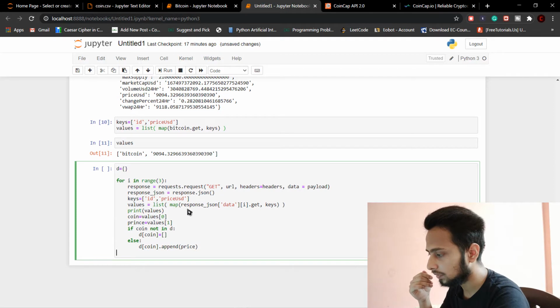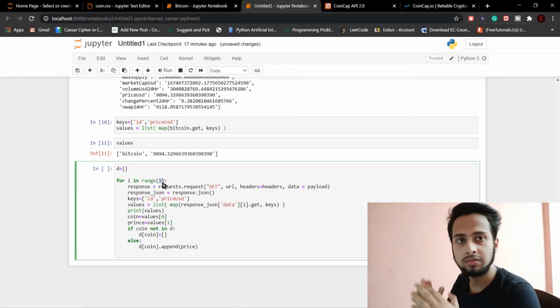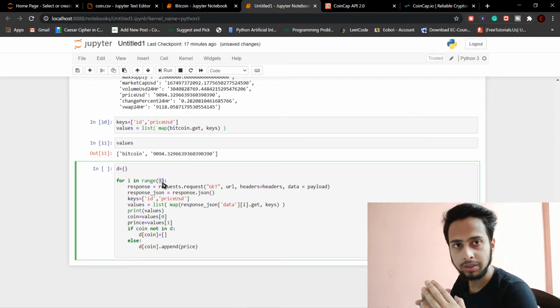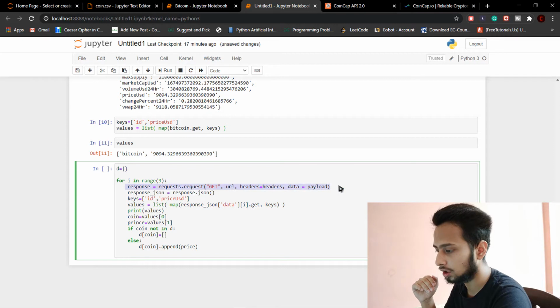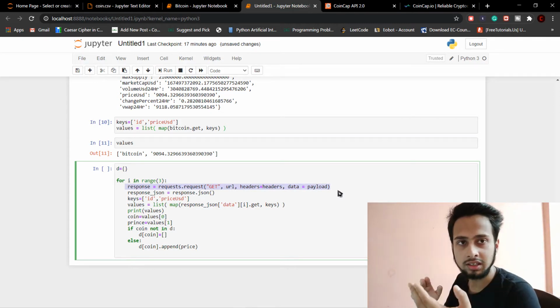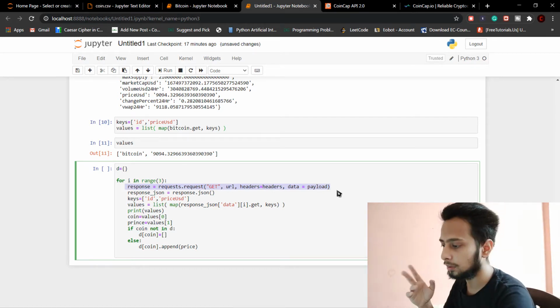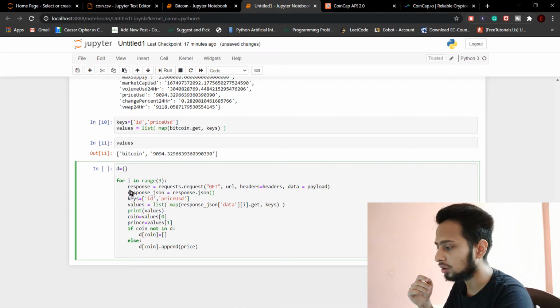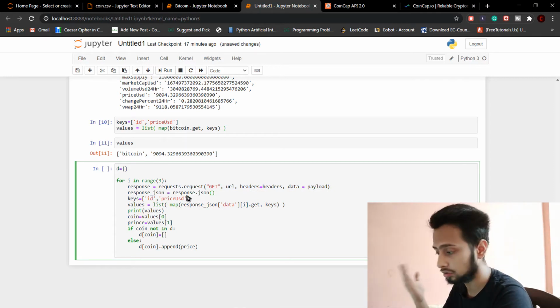So here is the code, and here what we are going to do is for i in range 3. And 3 means we are going to take the top 3 coins, like 0, 1 and 2. This is basically going to index through all our coins list, and then we are going to again send the request, because we want the things in real time. So we have to send the request again and again, and that is why we are calling them inside our loop. We have already seen this code, and then response.json is just basically going to convert them into the JSON format. This also we have seen.